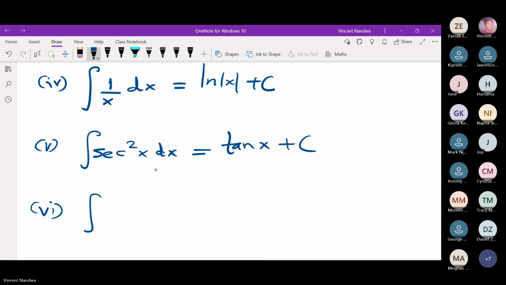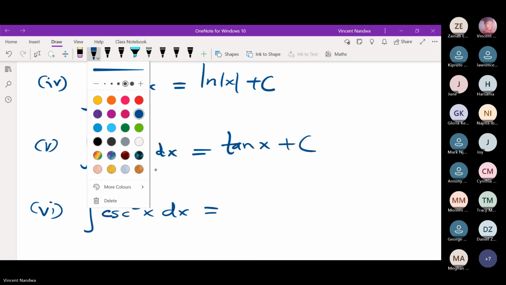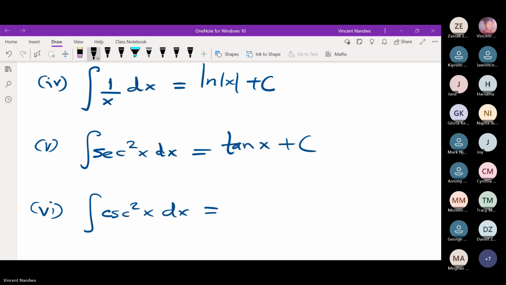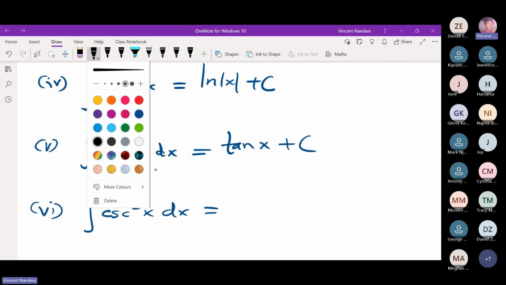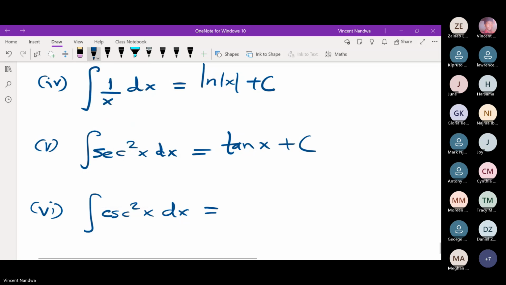Then the other one, the integral of cosec squared x dx. A function whose derivative is cosec squared x. From our other discussion,